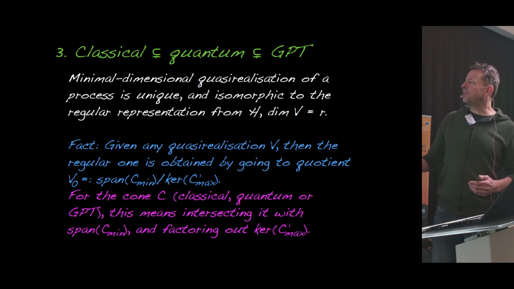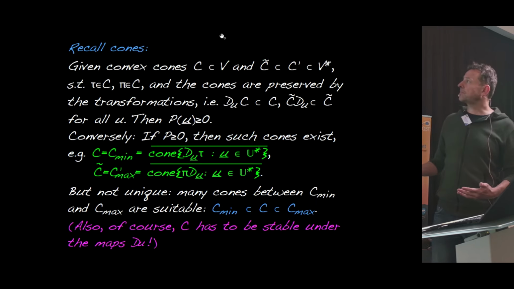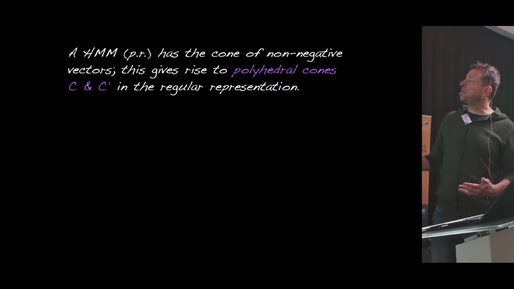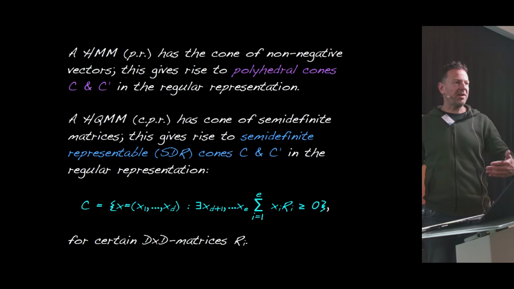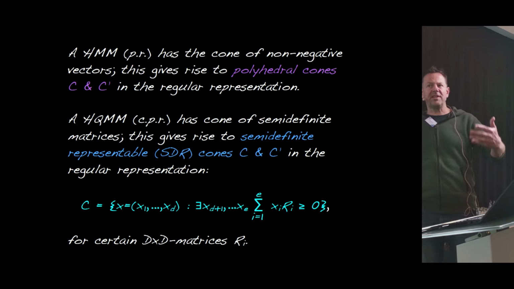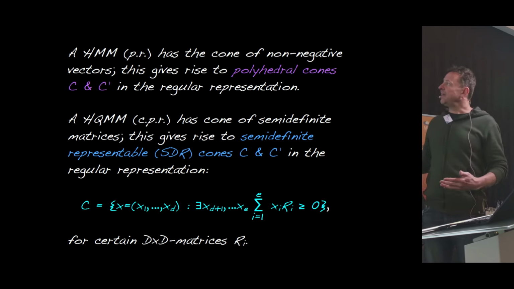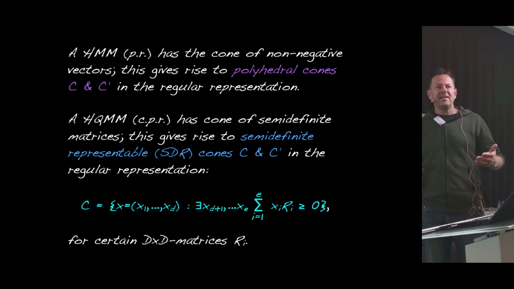But you also learn something about the cone. This cone that you need, if you start with a realization like a quantum one, this cone also is obtained by an intersection with a linear subspace and by taking a quotient. I'm not going to go into this, but for example, in the case of a classical realization, the cone that you get is a polyhedral cone. So a necessary requirement for having a classical realization of your process is that there must be this polyhedral cone left invariant by the maps. And because in quantum we always start with the positive semidefinite matrices, if you do these quotients and so on,